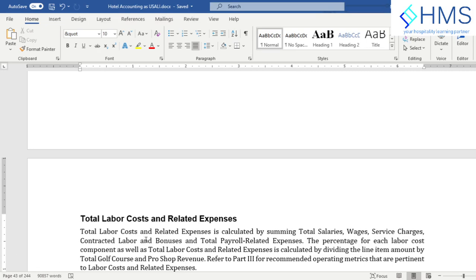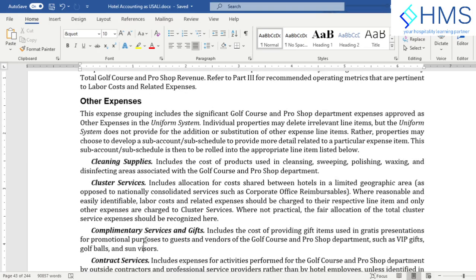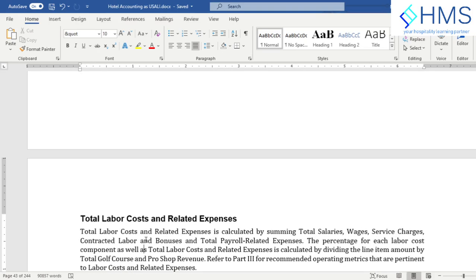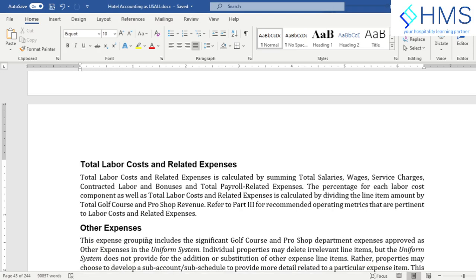So that's how you have to manage the labor cost expense, understand the labor cost, and then measure the labor cost as compared to the revenue. So now,